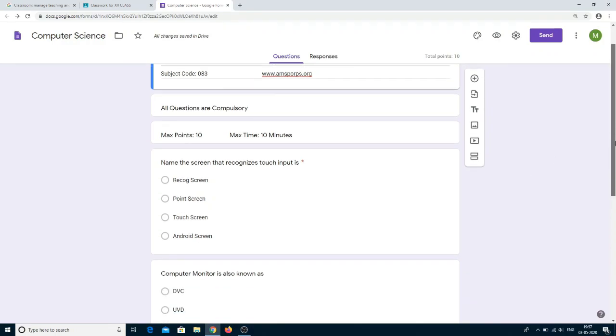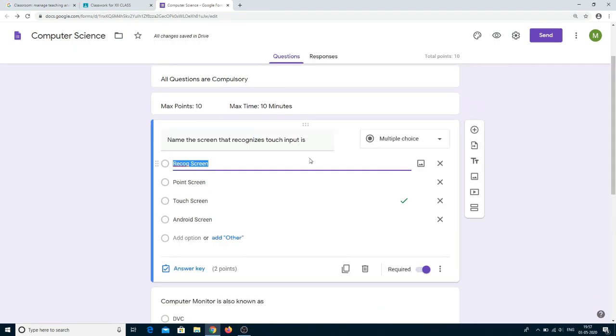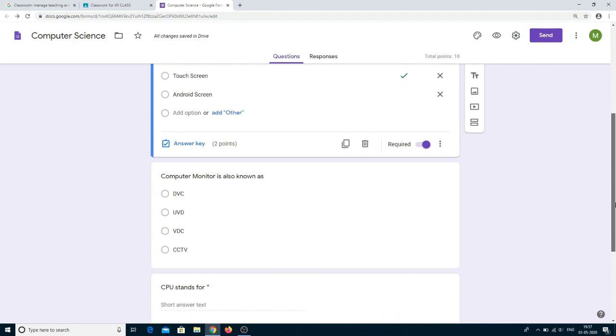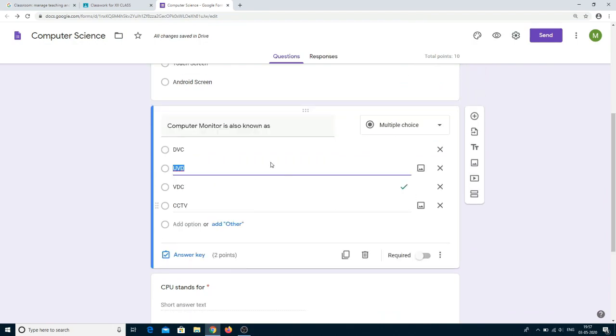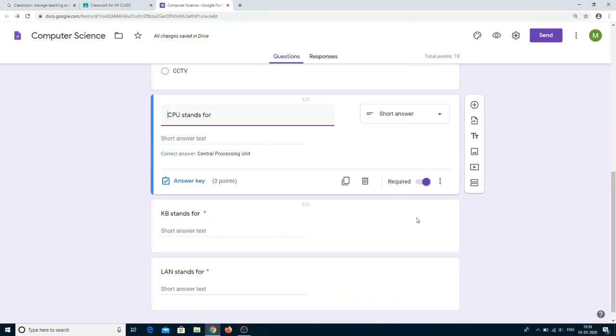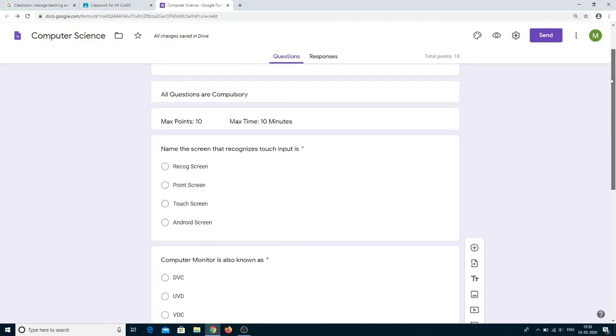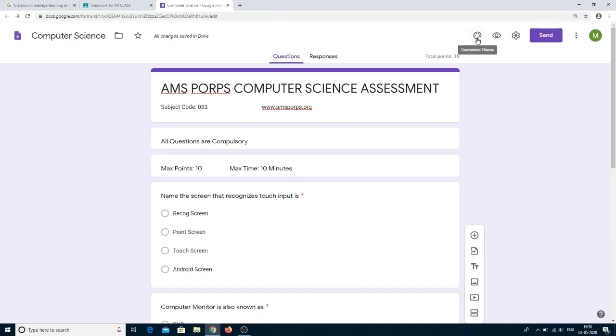The first question: name the screen that recognizes touch input, and here the star indicates it's mandatory. Next we are moving to the next question: computer monitor is also known as, and here I am making this also mandatory. Next, the third one: KB stands for, so here this red star mark indicates that it is mandatory. And the fifth one: LAN stands for, fill in the blank, short answer question. So like this we have added all the 5 questions, and now you can click on customize